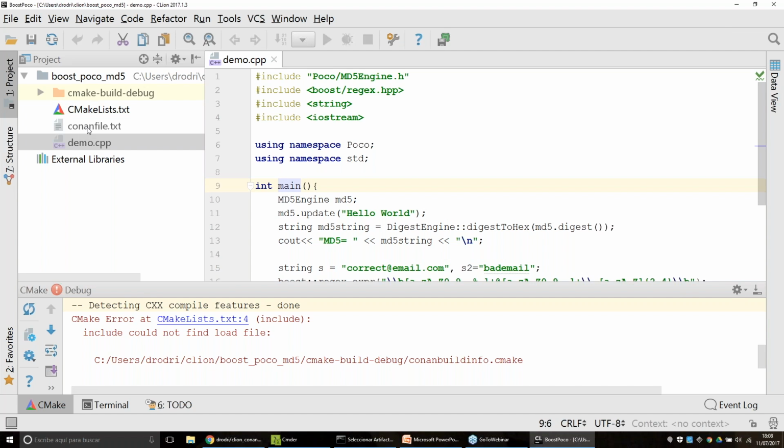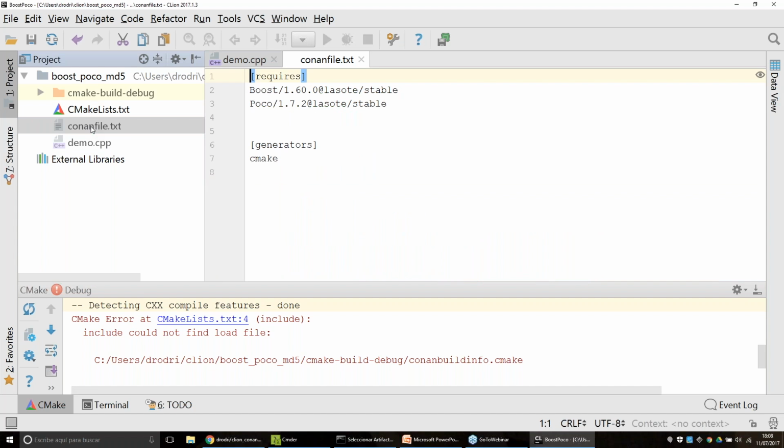For this, the first thing I need is to declare my dependencies. In the simple case, I can do it with a conanfile.txt. It has this look. We have a requires section in which we say our dependencies. And then we have the generators. The generators tell Conan that we are going to use CMake as our build system. Because Conan supports different build systems, you can use different generators. In this case, we are telling Conan, hey, we need a CMake file to link with our packages,